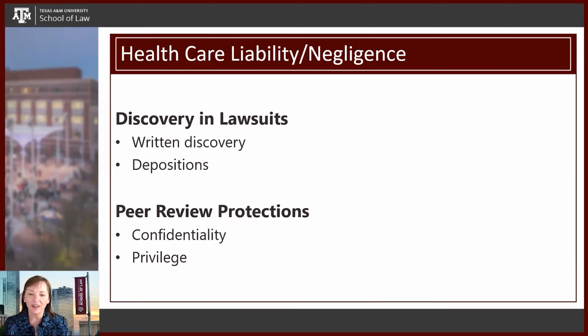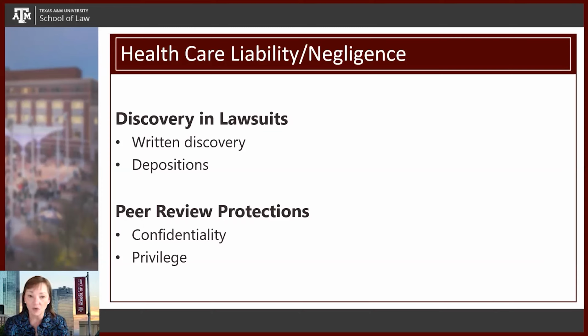So there are a lot of things that can be discoverable, and then there's some things that are protected from discovery. In any entity, they're probably going to have various types of information that might be proprietary and might be confidential. But being confidential in and of itself doesn't mean it's protected from discovery. So it's got to be privileged information to be protected from discovery, because otherwise, even if it's confidential, if it's relevant, then the judge is likely going to let the information come in as evidence unless it's properly protected as a privilege. And a lot of jurisdictions now have peer review protections.